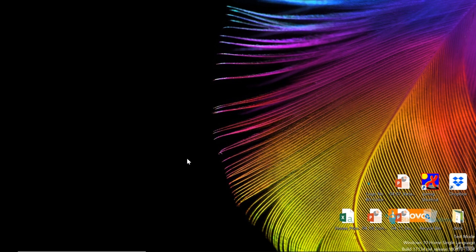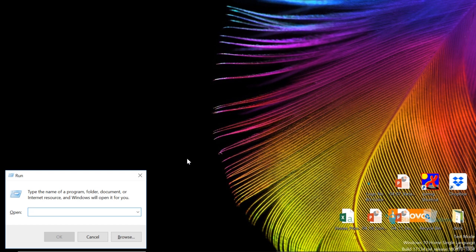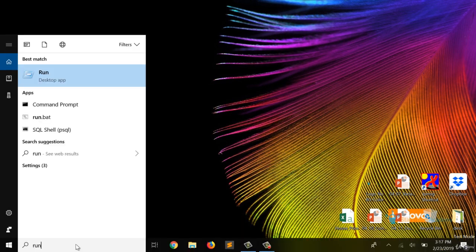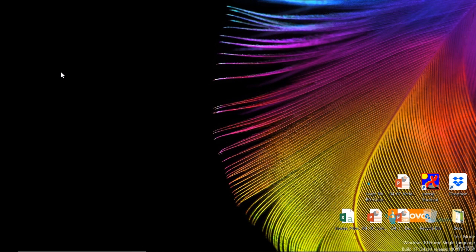You can just press Windows R or you can type run in your search bar. Here also you will get the search result and click on this run. Here to open command prompt from this run window, we have to write cmd. We'll write cmd and click on OK.